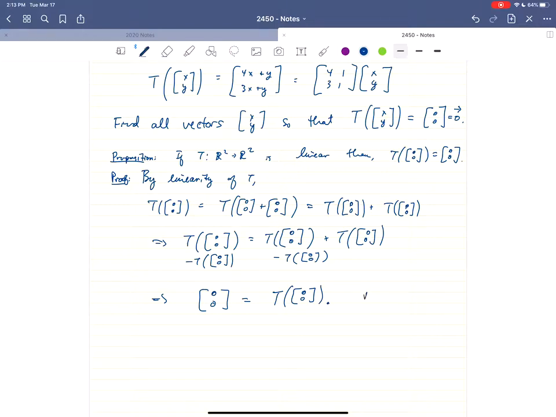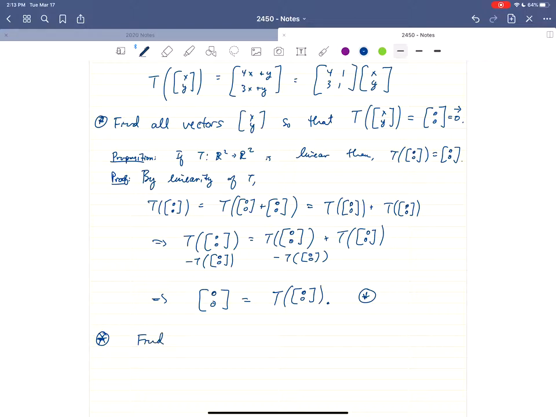The fixing the origin part turned out to be completely crucial to being a linear operator. Okay, so that's the first thing. So let's go back. Remember that this was all kind of a tangent to our original question of we were studying this linear transformation. We wanted to find all the vectors x, y that get mapped to the 0 vector. And of course what this really means is we want to find